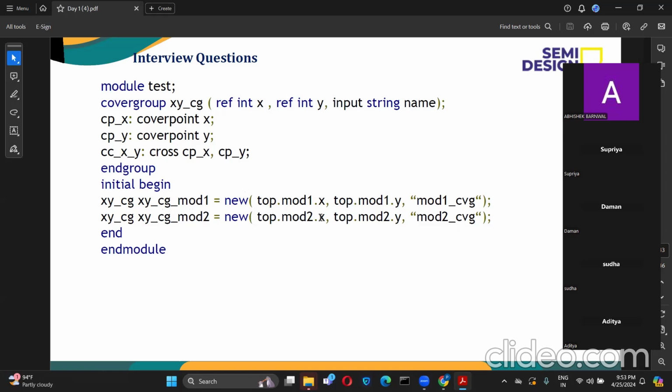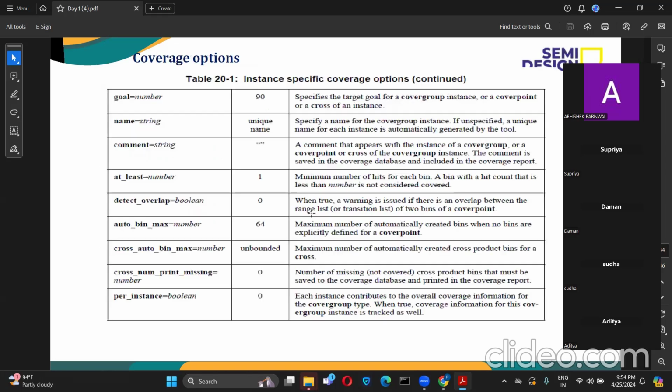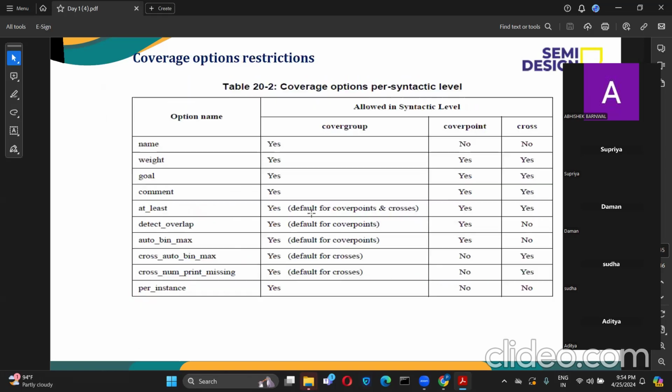I'm just trying to explain in this way. One thing is what Daman has told, it's correct. Basically, just like how task and function work, we pass a set of statements in a particular task and endtask, and you call that task whenever you require. So basically, the purpose of reuse gets served this way, by passing the arguments. Okay. So that is about this, and then we will have a look at some code. Then again we'll come back, because a lot of theory will also scare you guys.